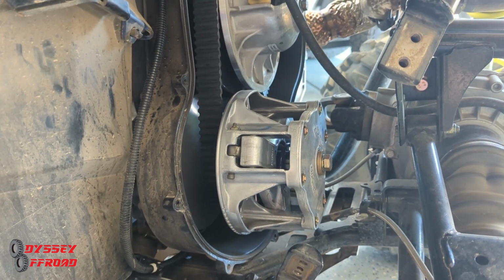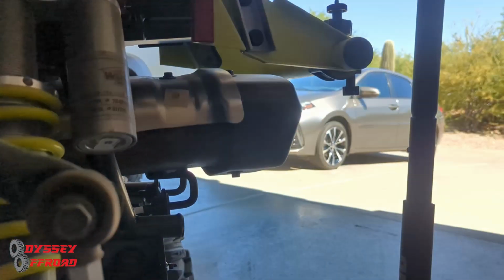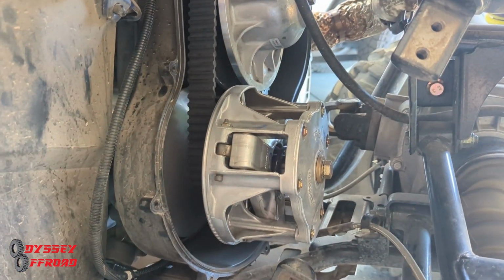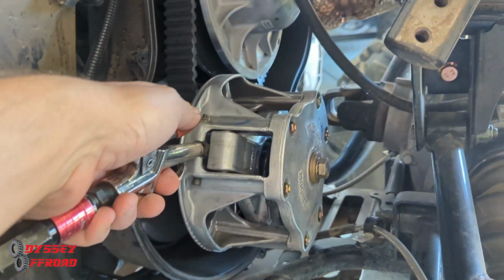Guys, this is why you want to blow out your clutches regularly. See the cloud I'm working with. So they look clean, the clutches. Took this belt cover off, inspect the belt, inspect the clutches. Everything looks nice and clean, looks good. But